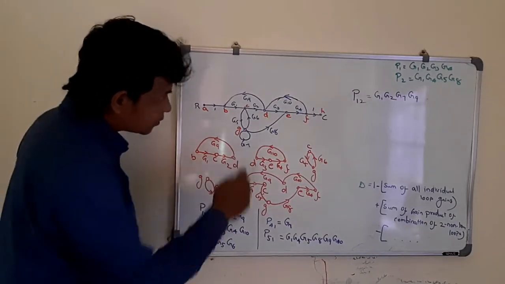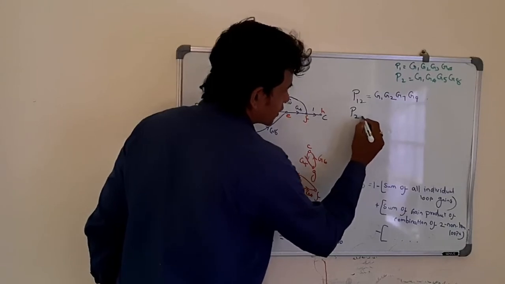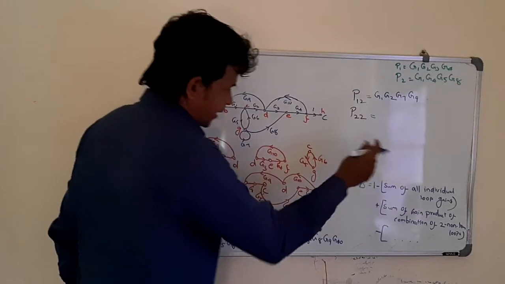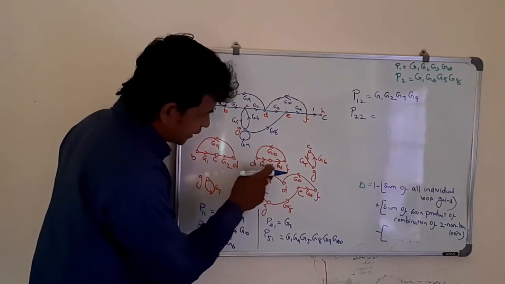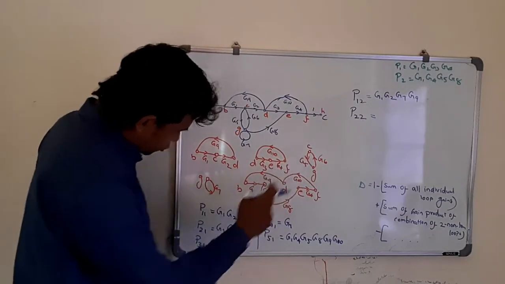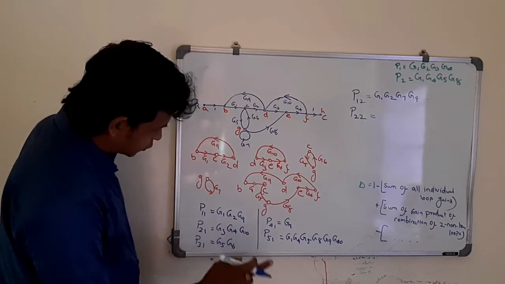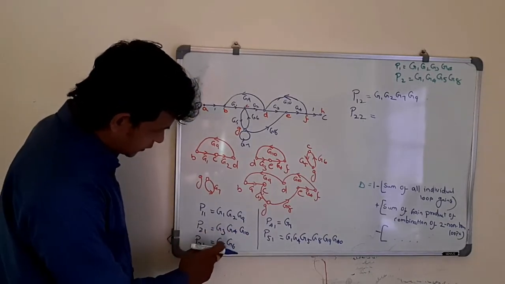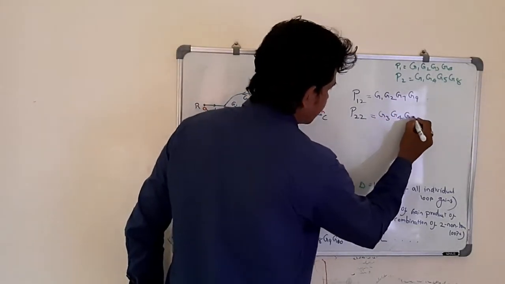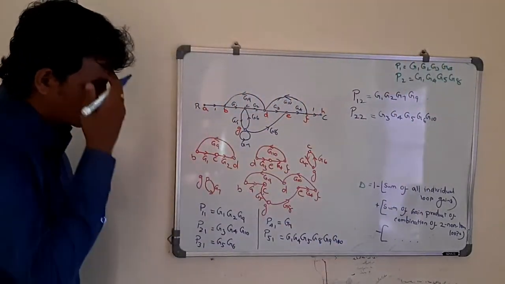Okay. So I am going to write the second combination of two non-touching loops, and the gain product of them is G3 into G4 into G10. This loop is P21 and this loop is P31. So G3 into G4 into G10 into G5 into G6. I can write it like this: G3, G4, G5, G6, G10. Okay, so that is the second combination of two non-touching loops.